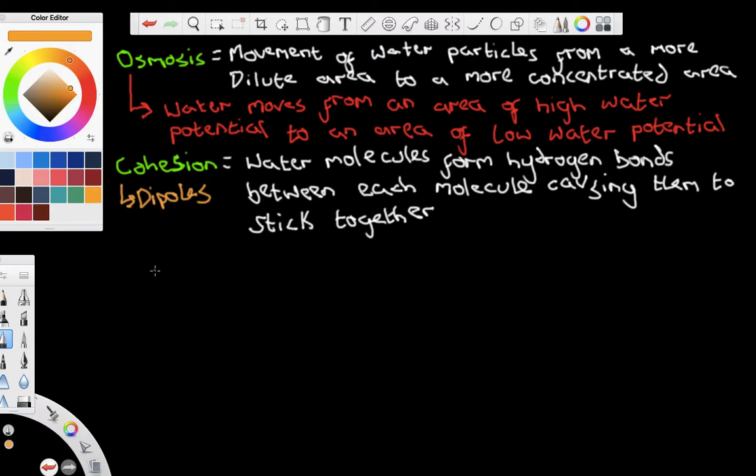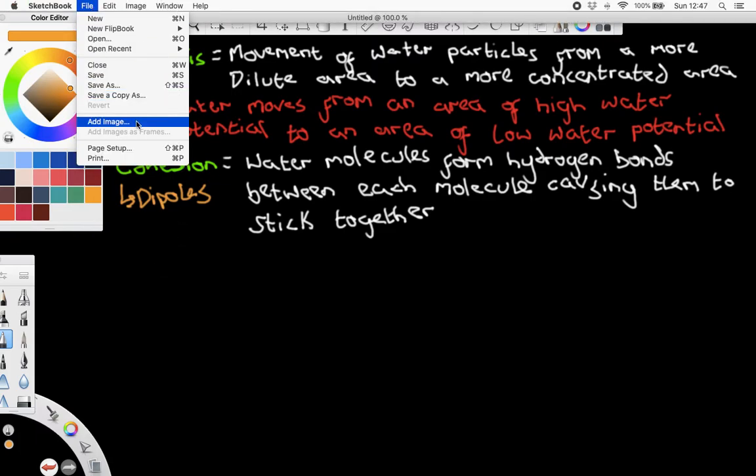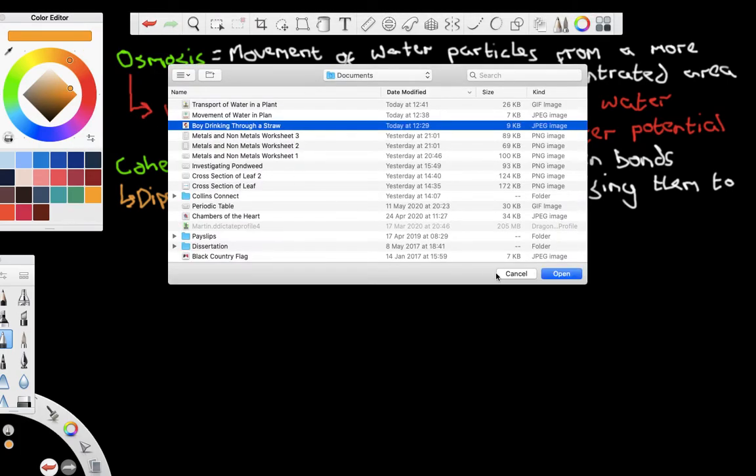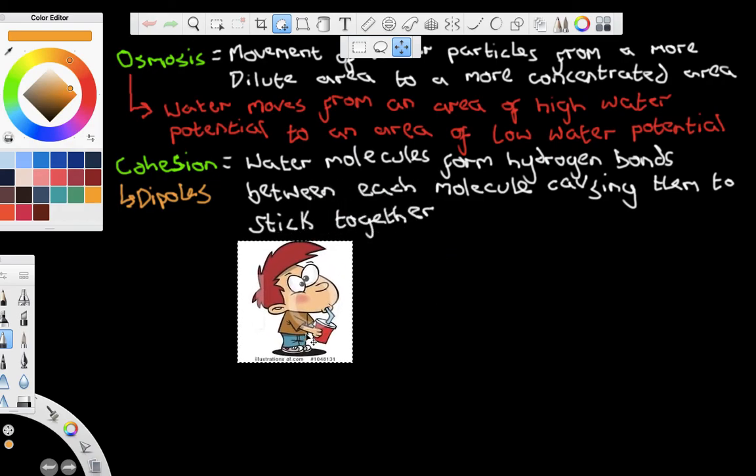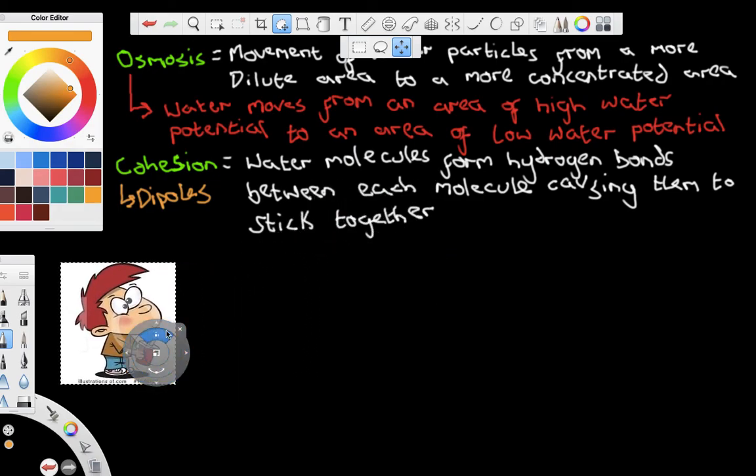And before we move on to talking about how water is transported in plants, I want to use a simpler analogy to explain it, or to sort of get your mind moving anyway. So I've been on Google and I've found the most high-tech diagram of a young boy drinking his drink through a straw. Okay, now ultimately, if you think of somebody drinking through a straw, the liquid that they're trying to drink is held in the cup. They need a way of drawing this liquid up the straw into their mouth so that they can swallow it. In order to do this, the boy sucks on the straw. When he does this, he changes the pressure inside of the straw and the water molecules nearest his mouth move